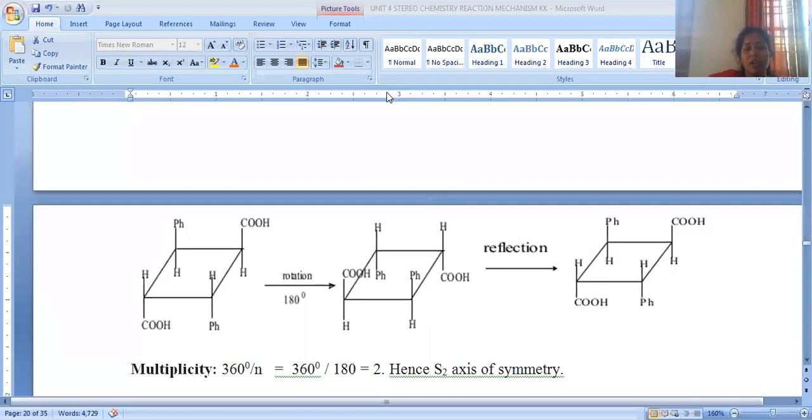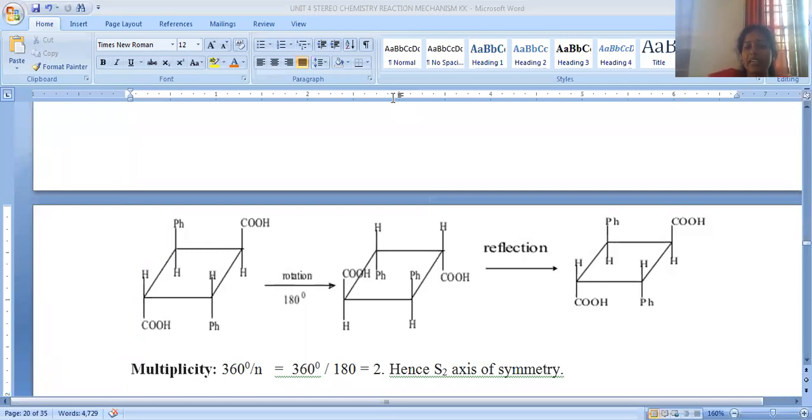Okay, so now, these are the three different symmetry elements. One is the plane of symmetry. Plane of symmetry is nothing but any plane which is used to cut the molecule into equal halves. There is a possibility of a vertical plane, otherwise a horizontal plane. A vertical plane cuts the molecule into identical halves, which is indicated with sigma v. Okay, a horizontal plane, when we are bisecting the molecule perpendicular to the axis, is called sigma h.